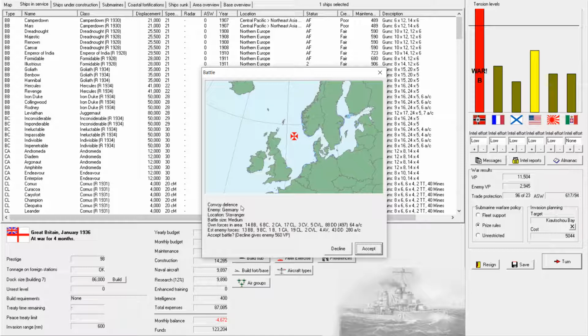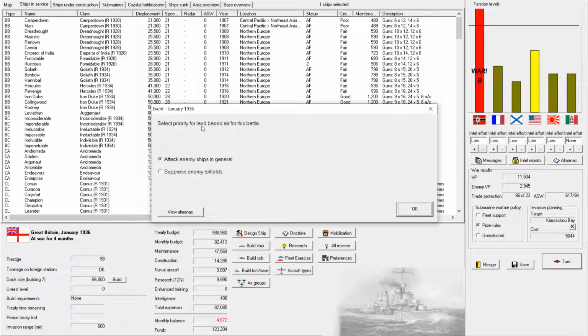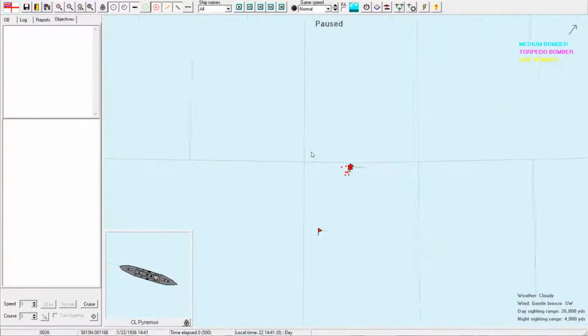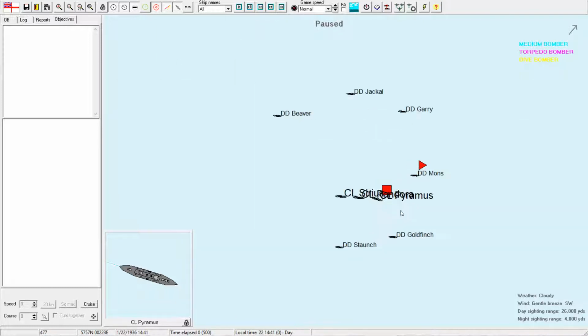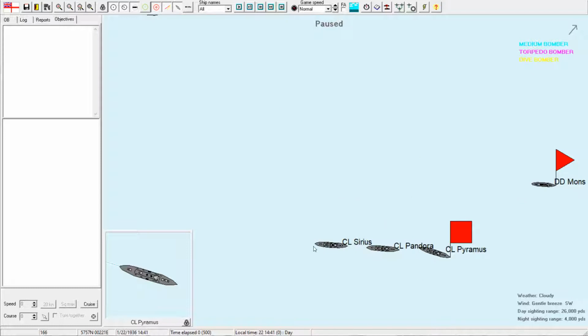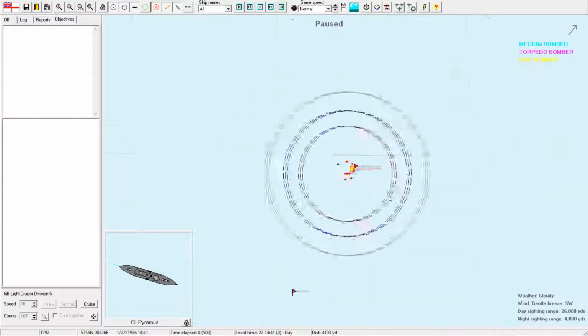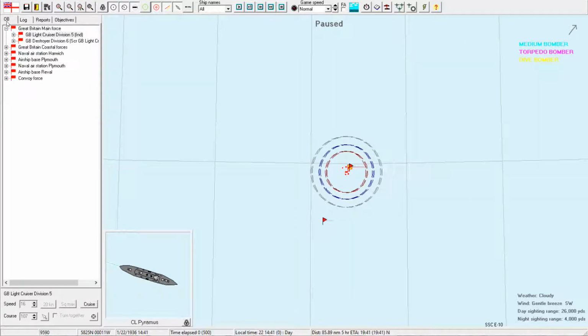Okay, we've got a convoy defense in the northern North Sea. Medium-sized battle. Interesting, I wonder what we're going to get. Okay, it looks like it's actually spawning. So I think we're going to attack enemy ships in general. Okay, we've got some light cruisers. Ooh, we've got the Pyramus, Pandora, and Sirius. Okay, so we've got a group of light cruisers escorted by destroyers, and we have a convoy force that we need to